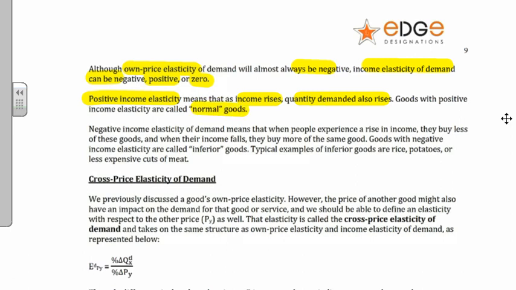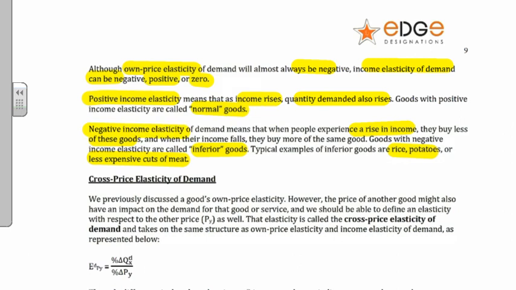What about negative income elasticity? In other words, I get more money, but I'm buying less of these goods. These are typically inferior goods, because what's the person going to say? Well, when I didn't have so much money, I was forced to eat things like rice and potatoes. I don't think that's so bad, by the way. But anyway, it's in the example. And maybe less expensive cuts of meat, which we maybe term an inferior good. Now that I am earning a lot more, I want to eat much fancier foods. And that's why, with negative income elasticity,